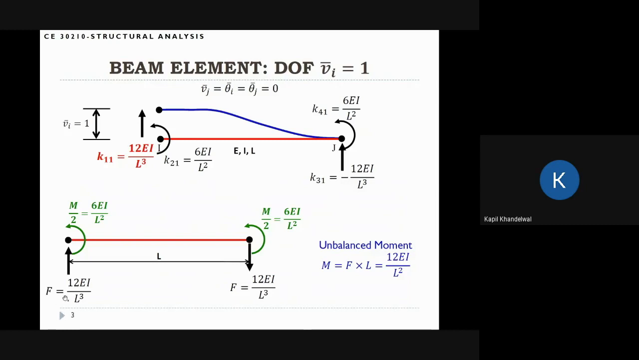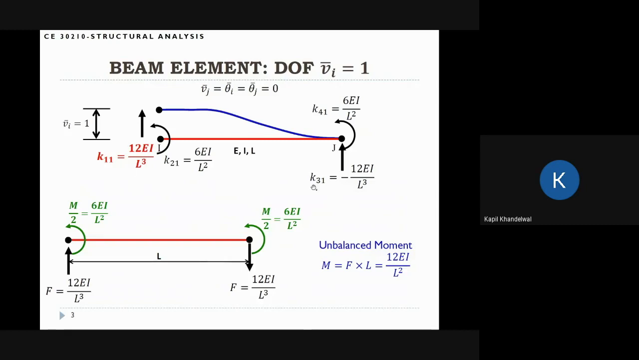So you can see that F here, the vertical force up, is 12 EI by L cubed, and F here, the vertical force downwards, is 12 EI by L cubed. Actually, I'm trying to write K31, but I'm not putting the sign. I'm absorbing the sign in the arrow here. So what's happening here, if you think